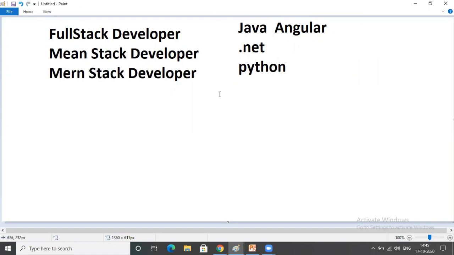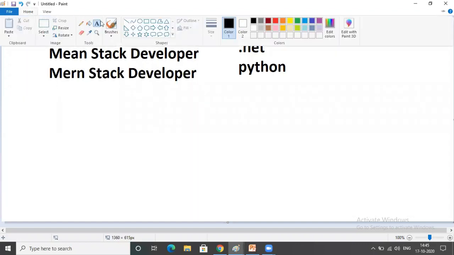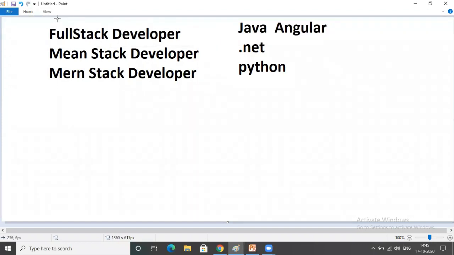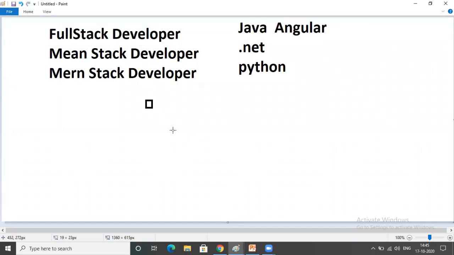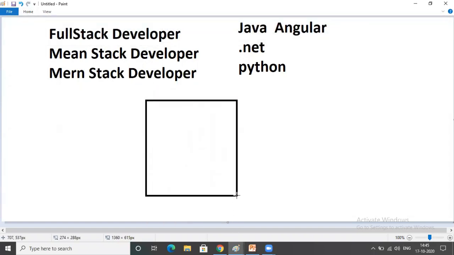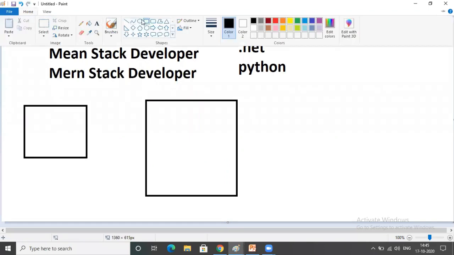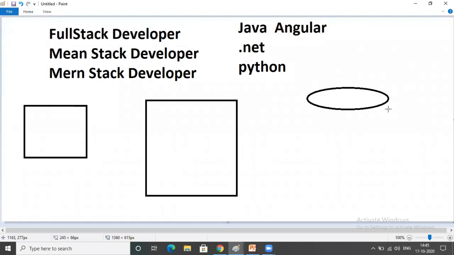Are you following? Similarly, coming to MEAN stack developer, whenever you develop any web application, you must have knowledge of three things. After developing the application, you have to keep it in a common place where everyone can access it. That is nothing but the server. This is the browser, this is the server, and this is your database. Database means the place where the data is saved permanently in the form of tables, which are collections of rows